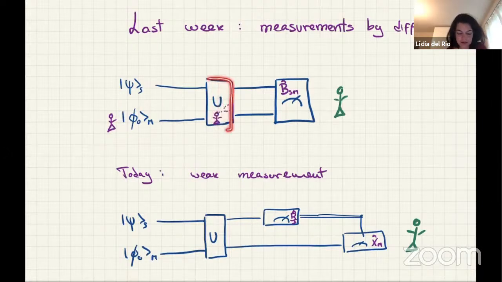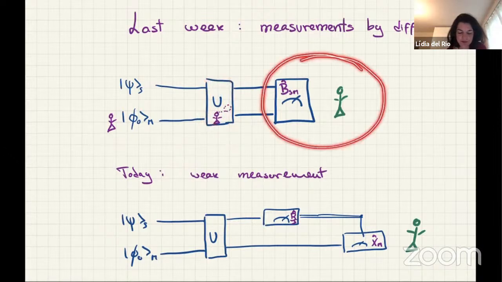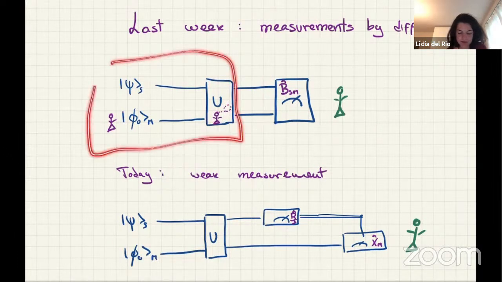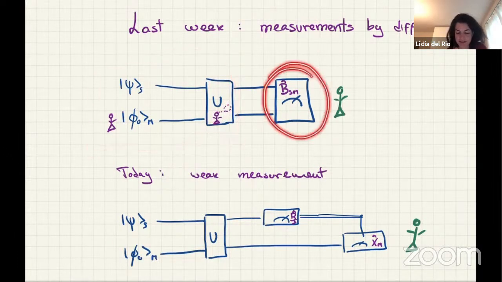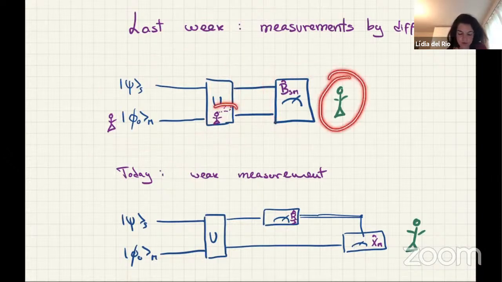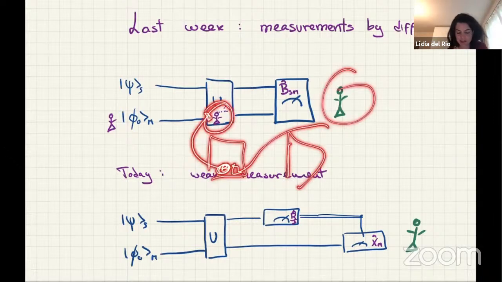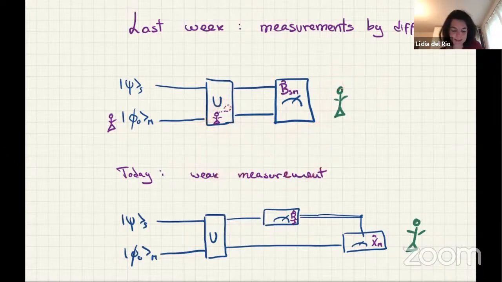And then we said, okay, she did this, and now someone else is going to come from the outside. So Ursula came from the outside and made a measurement on this whole system, right? So she performed the second measurement. And what she did then was to reason about, well, not directly about what Alice had thought at that time, but we had a more complex setting where she thought about what he thought, that she thought, and so on. Okay, so this is what we did last week.